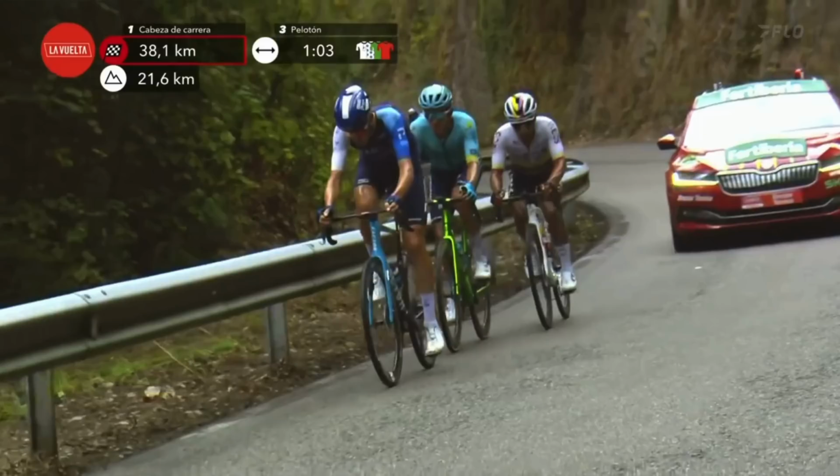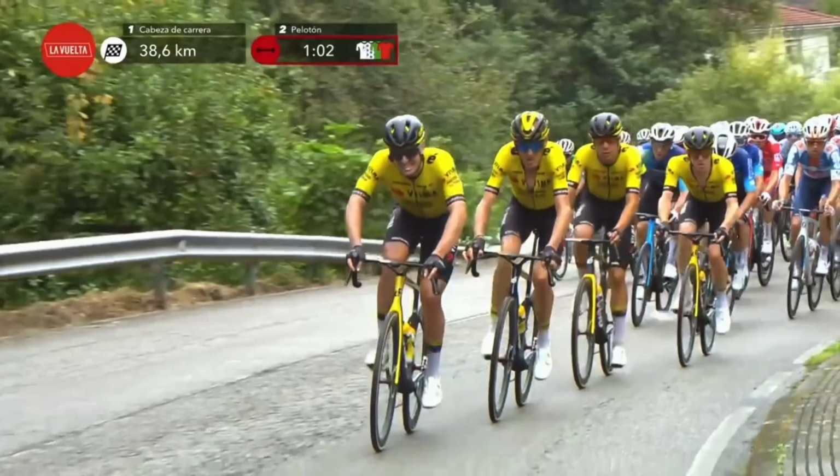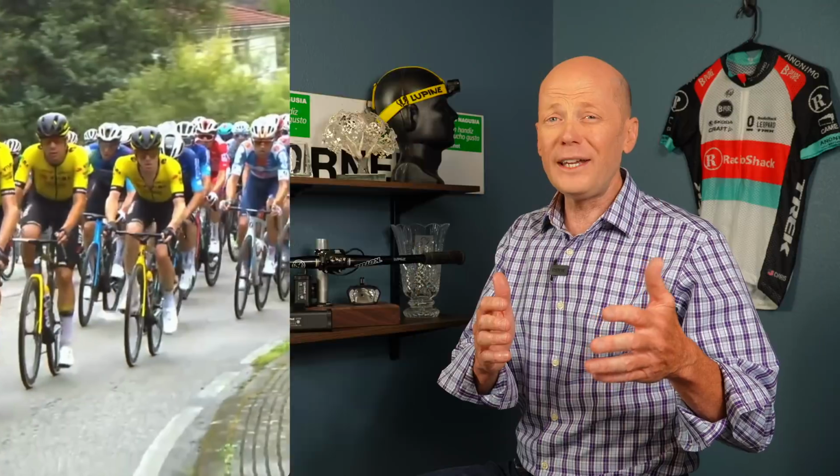That leaves three guys up there. Jonathan Narvaez is going good, and Marco Frigo along with Harold Tejada. Those three riders are still holding about a 1 minute 10 second gap back there on Robert Hessing and Eduardo Affini, who's on the front of the peloton now as he's entering the climb. Once Eduardo Affini enters the climb, though, he's thrown everything into it for the last 10 kilometers to try to